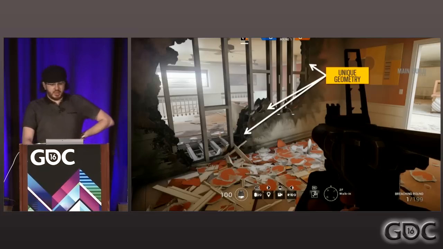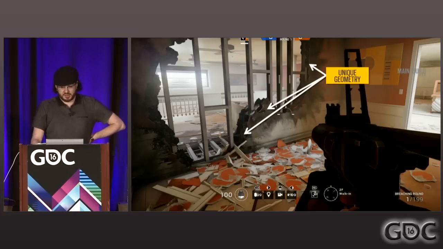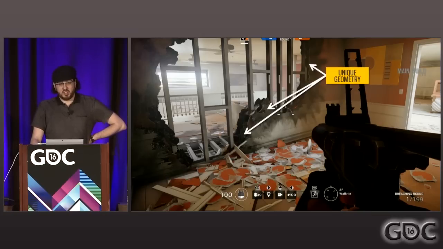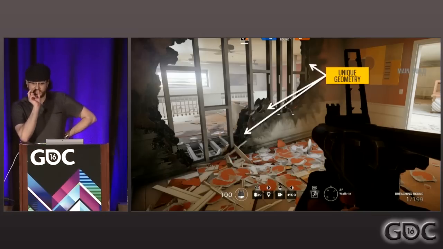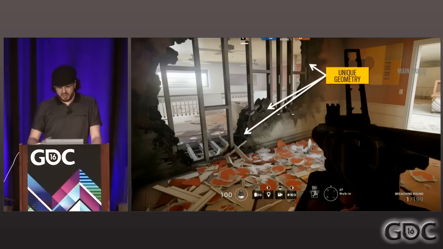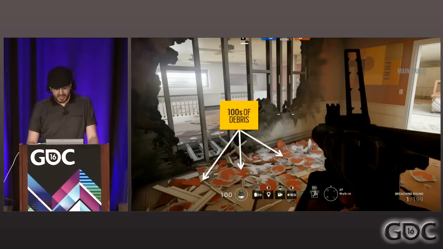So in our game, it's really important to have the player model the destruction the way he wants. So if he wants to shoot a wall with a hole that's just 2 centimeters from the door frame, he can do so. So we generate a lot of unique geometry for that, and to pretty much have this